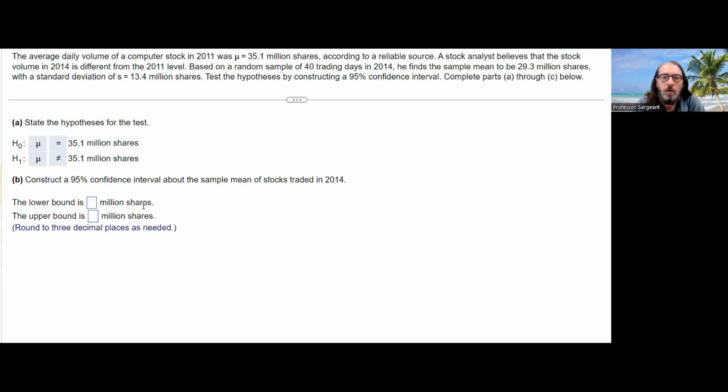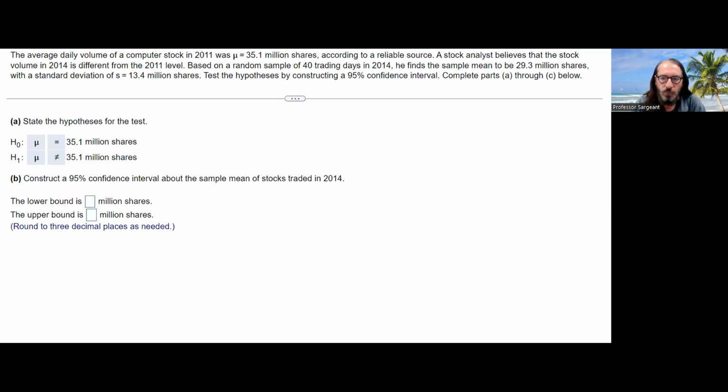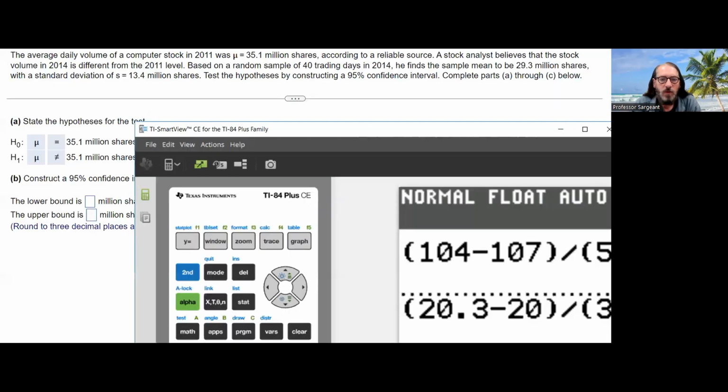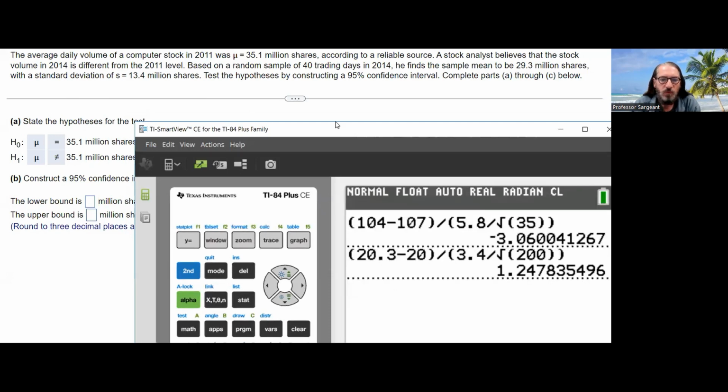Interesting. They are not showing us the link for the critical values. So I'm going to try two options here. First of all, since that is a 95% confidence interval that we're talking about,